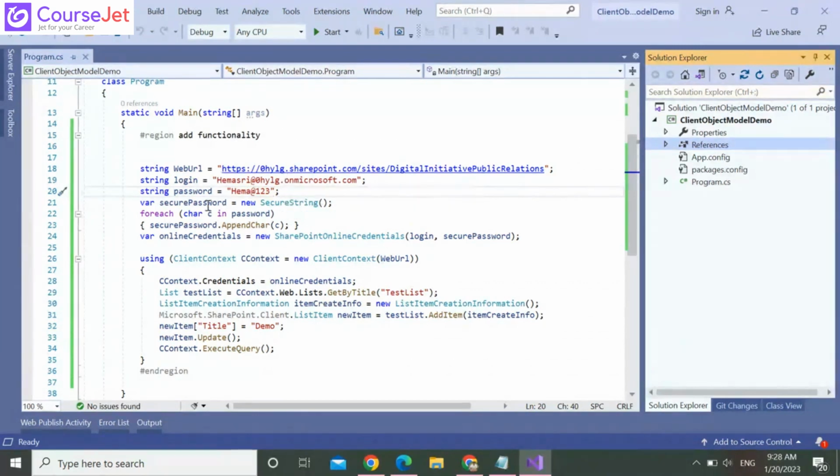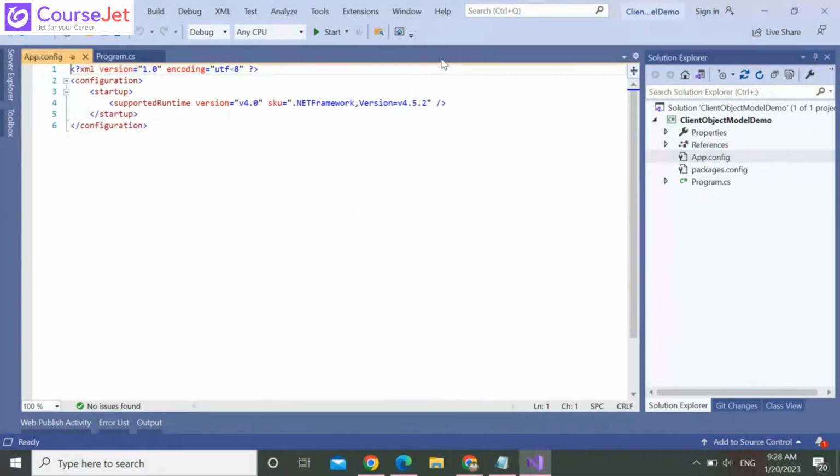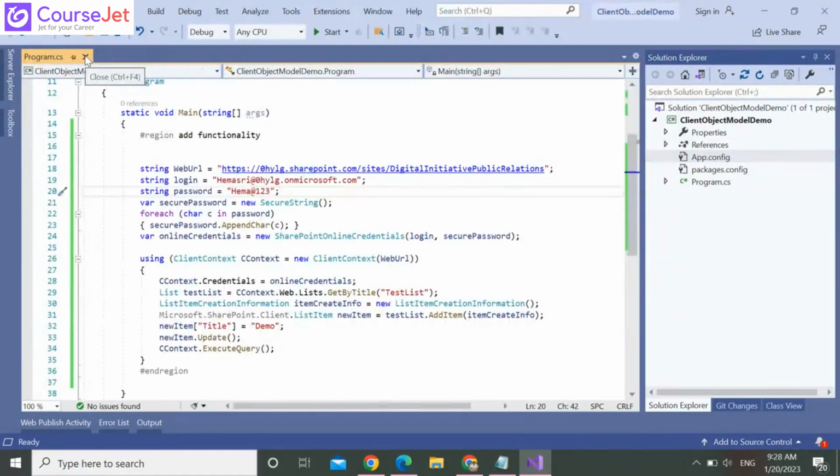Here we are hard coding the password, but the best practice would be we should not mention the password anywhere in the code. It should be somewhere else, like a database or Azure Function app, Azure storage account, or Azure Key Vault, wherever possible.